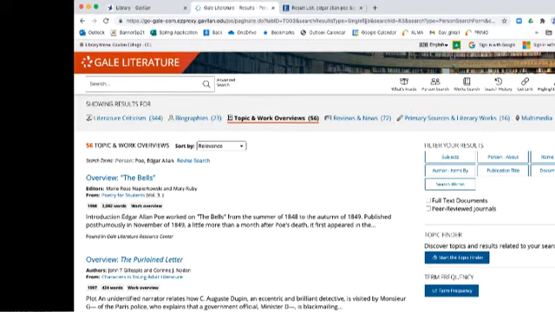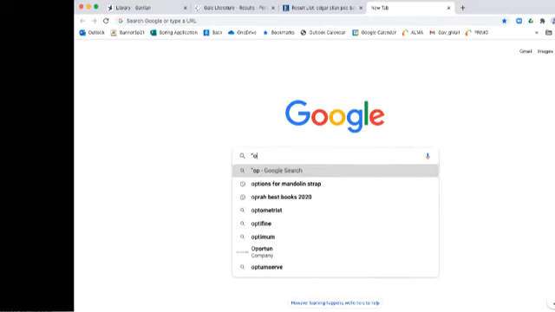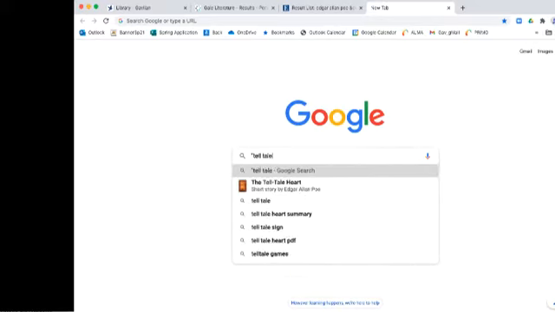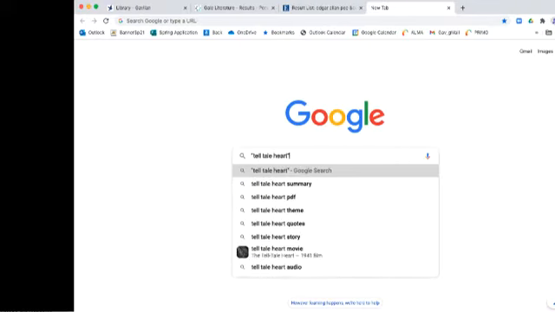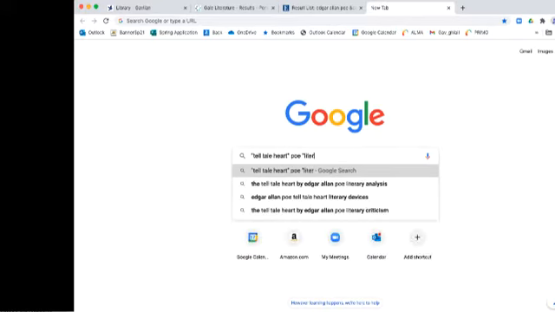Finally, I just want to say one thing about searching the open web. The open web is not one of the best places for finding good literary criticism. If I search for Telltale Heart and Poe and literary criticism, just as an example,